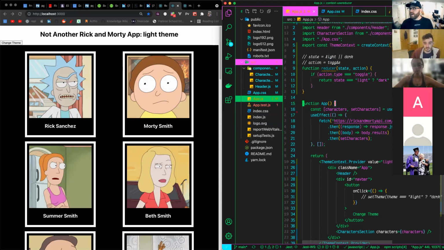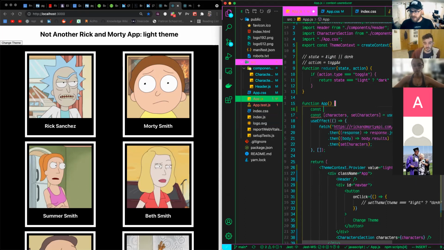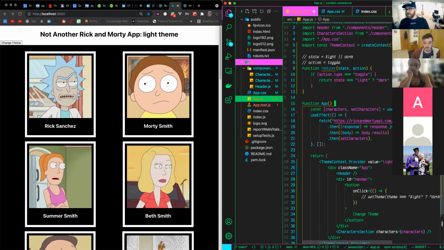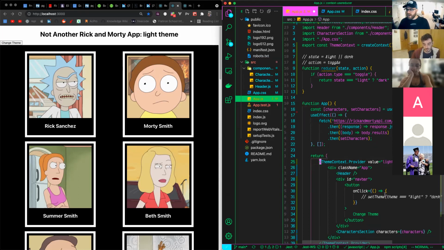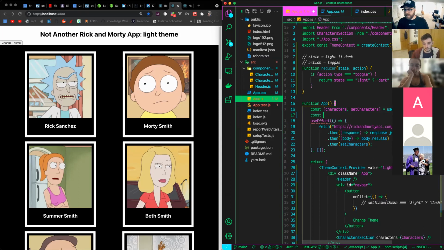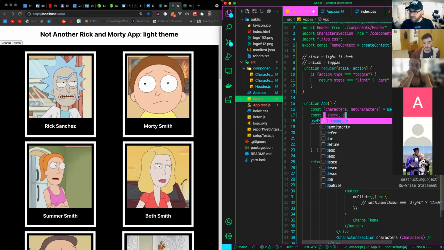What we're going to do now is create a theme. Our value, this is where it gets a little trippy. So now we have to create a reducer for theme. So I'm going to say const, and I guess we could say theme, and then theme dispatch